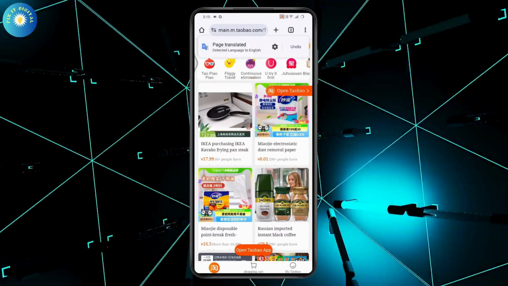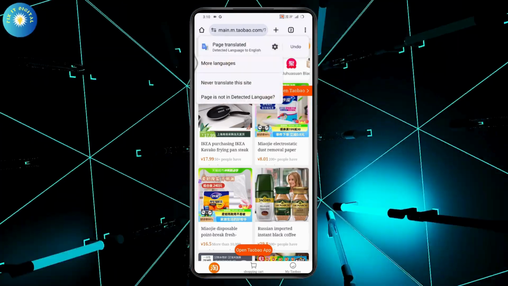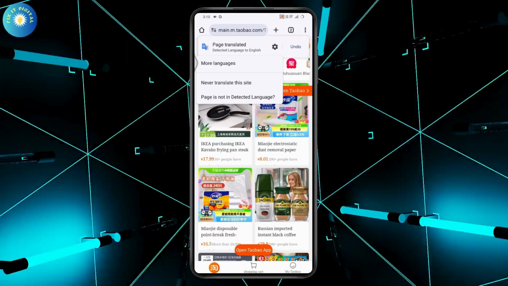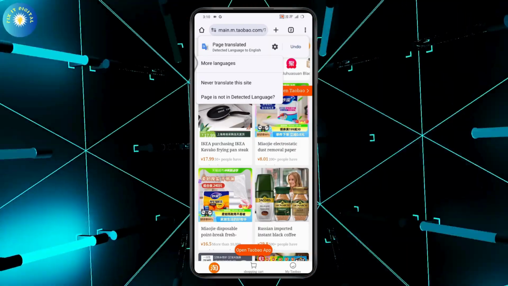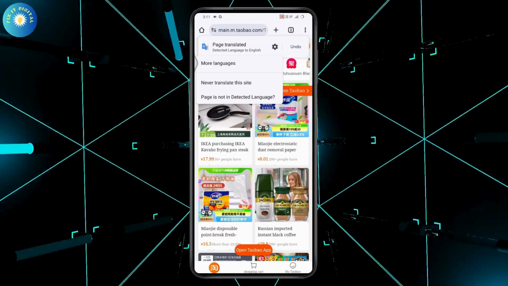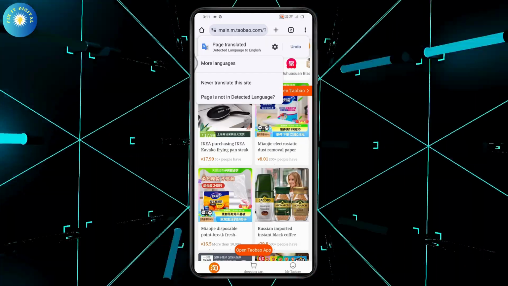Or you can go for settings, which is on the upper right, and go for more languages, and you can change to any language that you would like to change your Taobao. So that's how you can change your Taobao to any other language,